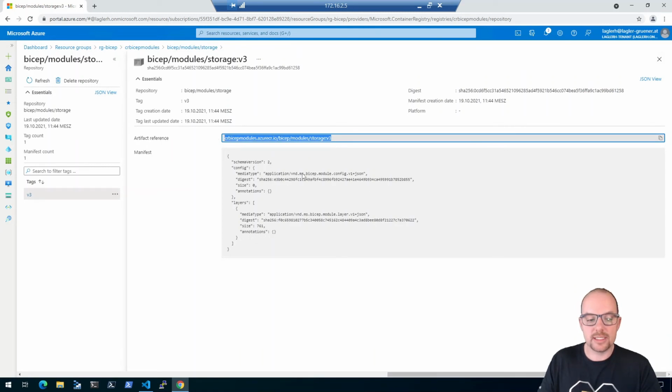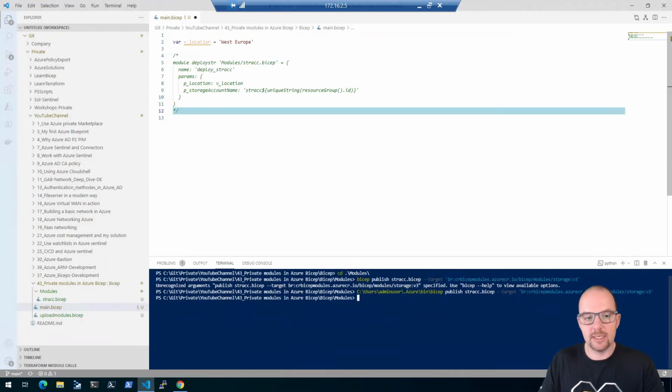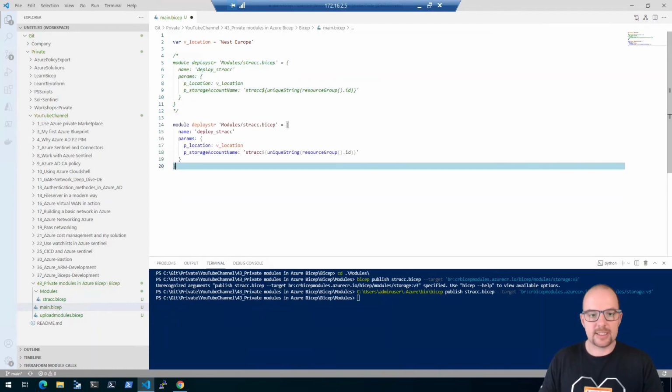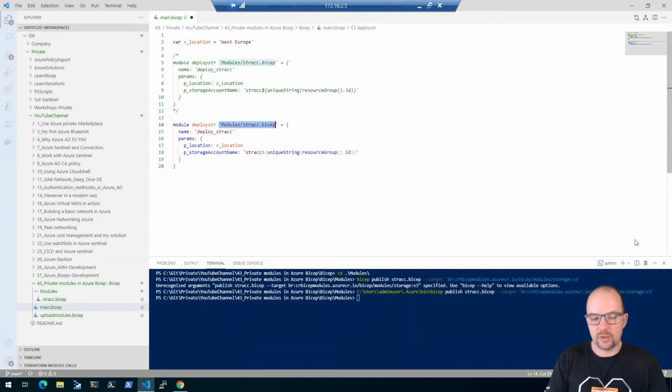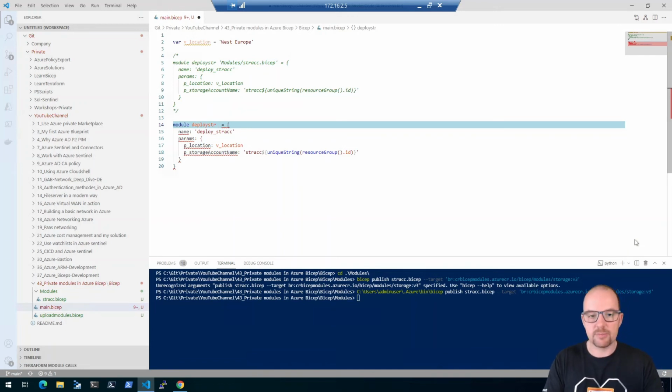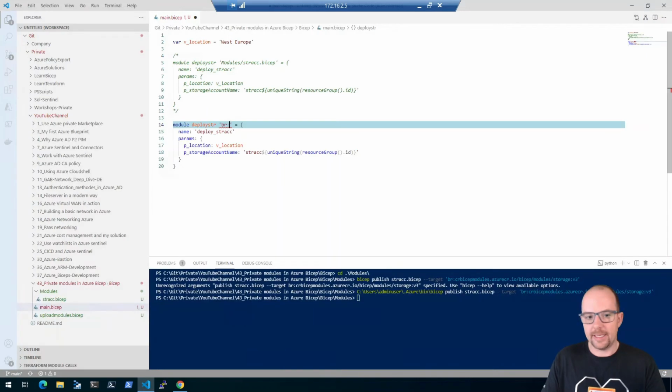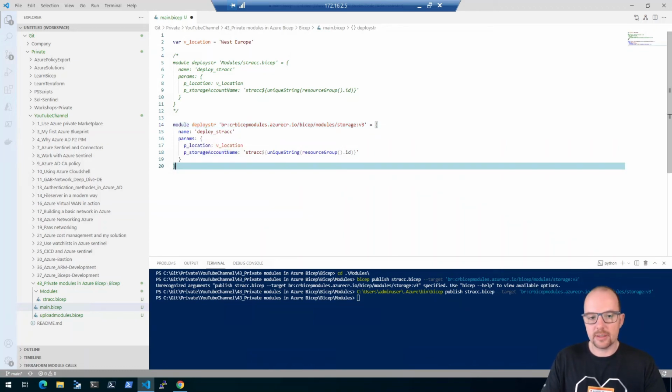So how can we use this in Bicep? It's pretty simple. Let's copy the module itself here. Let's change something. We want to change exactly this one here. Defining the full path to the container registry is pretty simple: using BR, copy and paste the path from here and add the path to your configuration. So that's it. You can use the same name. Let's save the configuration and retry it